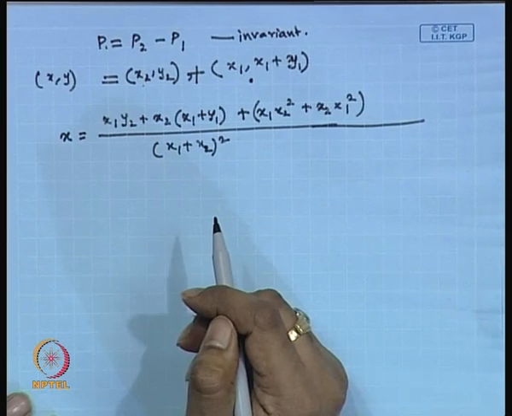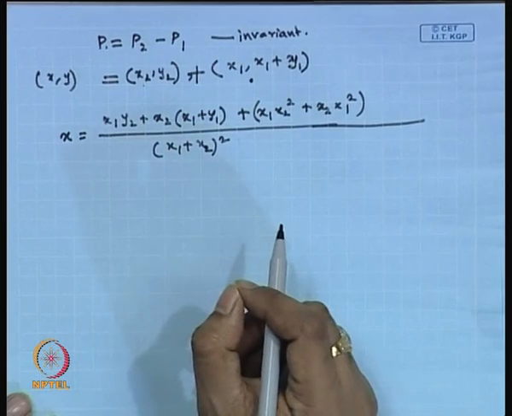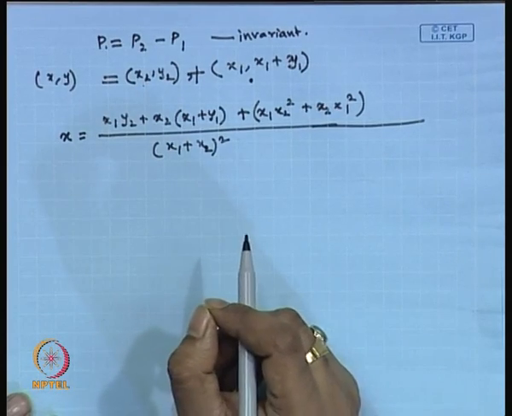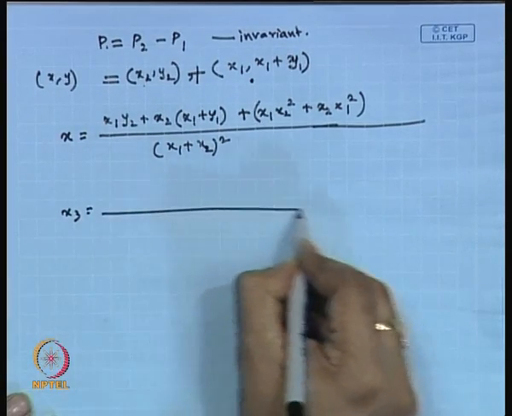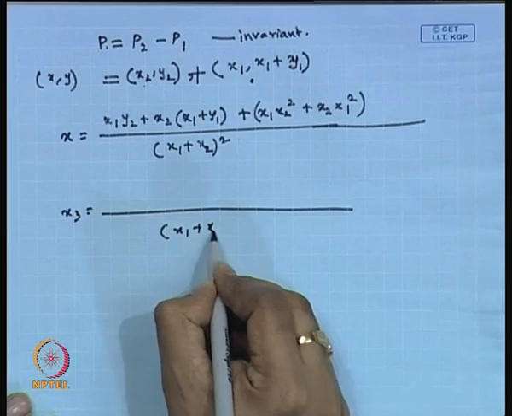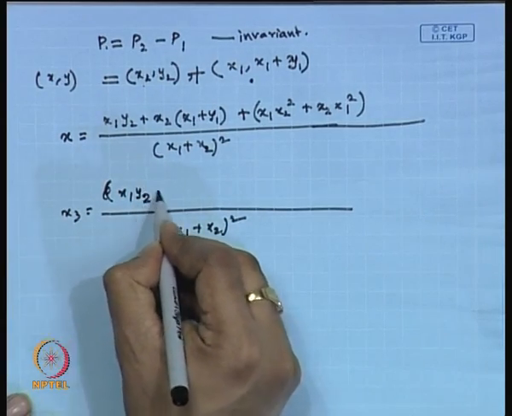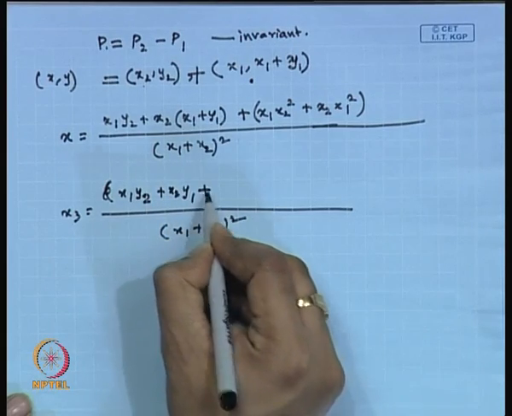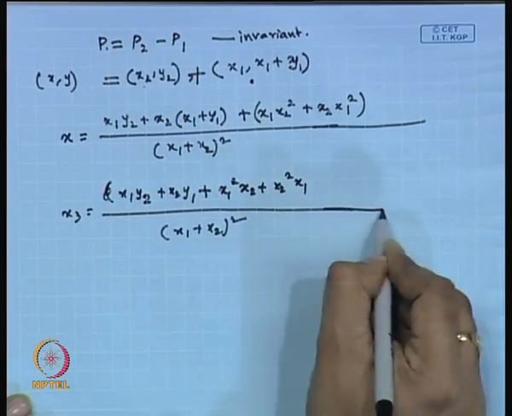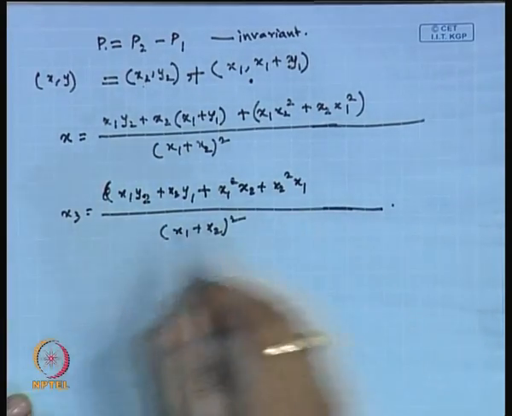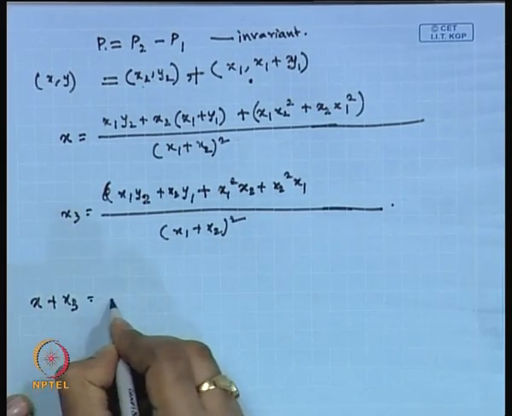So, if you want the sum of P1 and P2, call it P1 plus P2 and call it (x3, y3), then your x3 was what we have previously got. I am again writing that (x1 + x2)^2 x3 is x1 y2 + x2 y1 + x1^2 x2 + x2^2 x1. So, you can add these two equations where you will get x + x3 is equal to